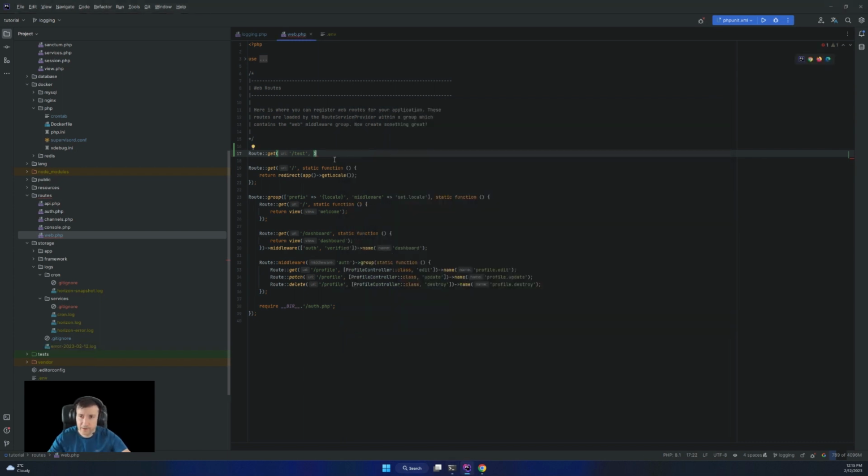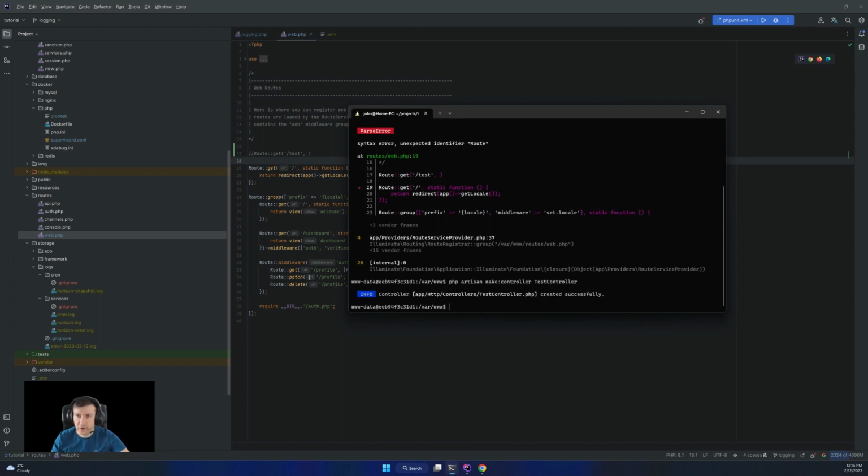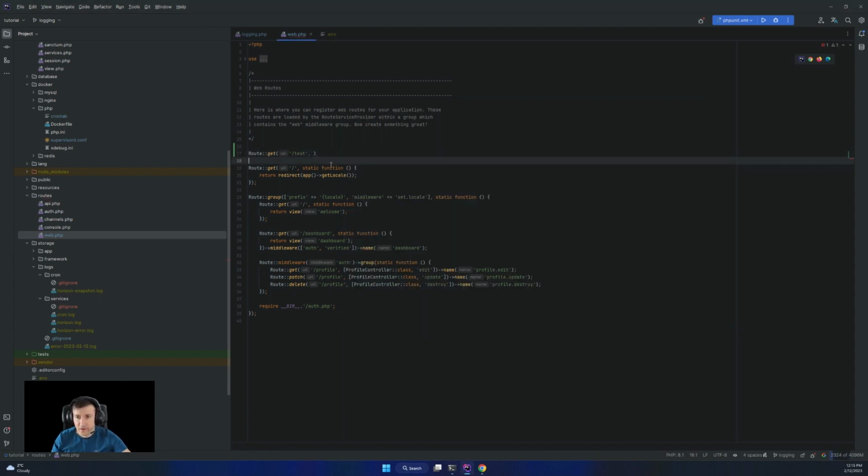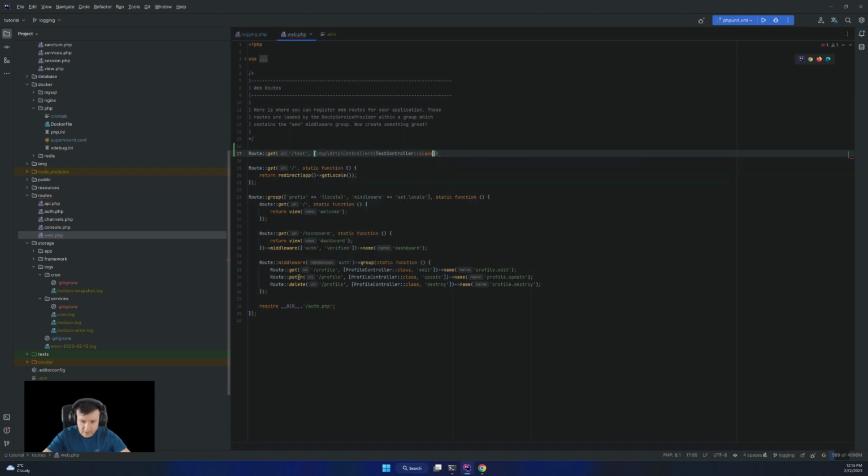Okay, we have the controller. So I say route get test should go to the test controller, and then the method to be index, and that's it.